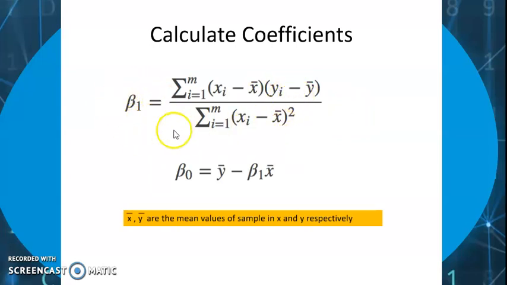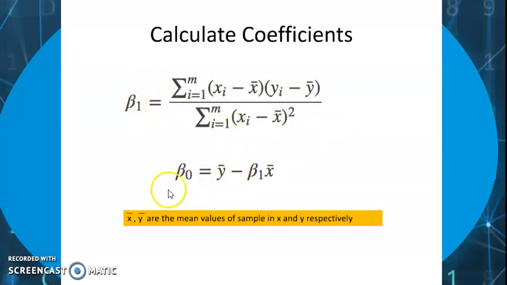Now when I say linear regression model, how do we identify the slope of the line? It is by taking the mean of x and mean of y into consideration. So all the x values mean and all the y values mean. We are taking every data point and finding out the difference of the data point from the mean value of x. Similarly, for every y, we are calculating the difference between the y value and the mean value of it, divided by change in x. So this is how we identify the slope of the line.